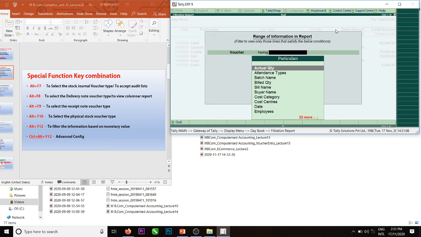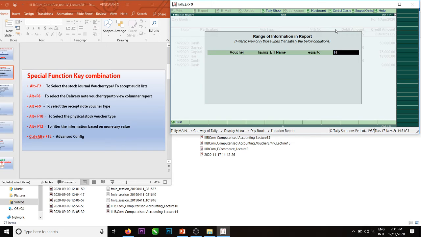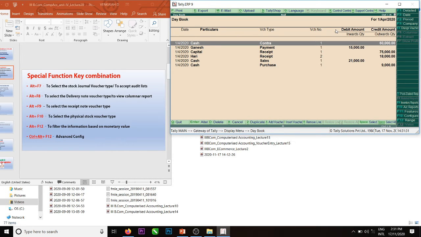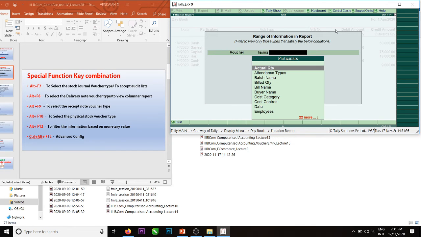Billed by name, cost, date, quantity. We can filter this one. Okay, buyer name equal to Hari. End of the list. Just open Alt F12 voucher and type.